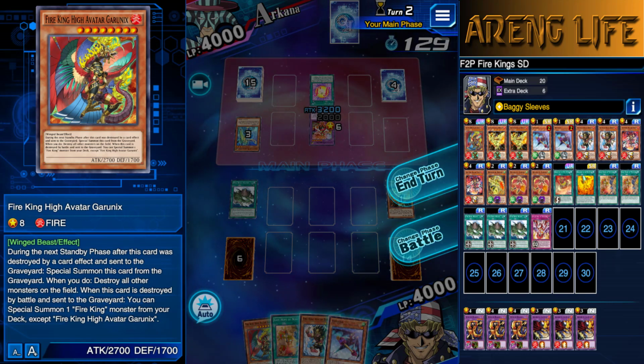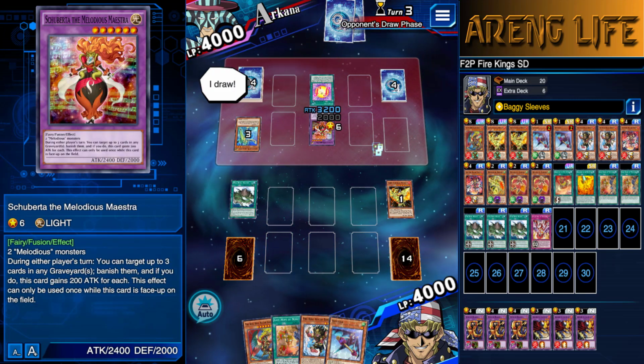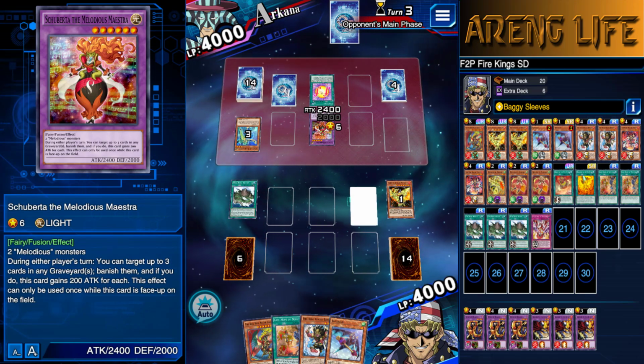I'm not even gonna play Barong. Why am I not playing Barong? Because I want you to try to use her effect to banish the Phoenix. Alright. Banish Phoenix. If she's 26, I can deal with her. But...